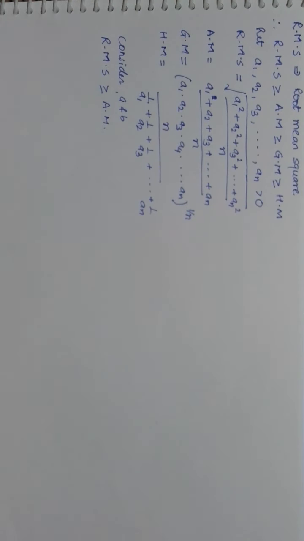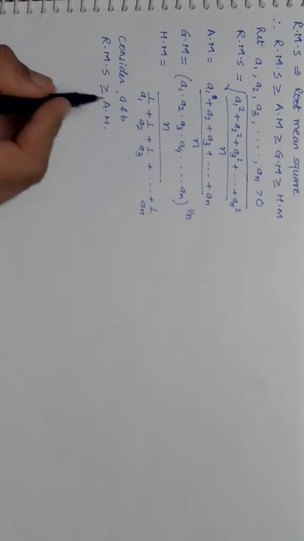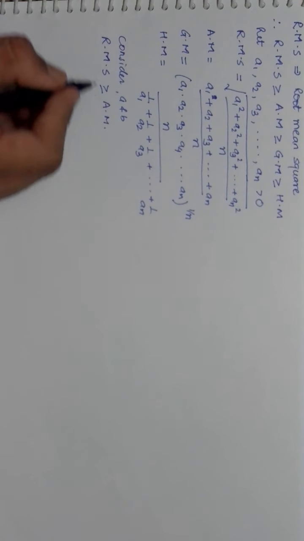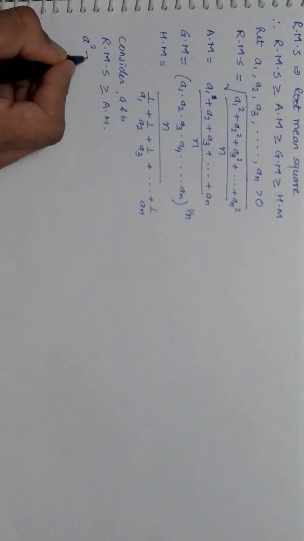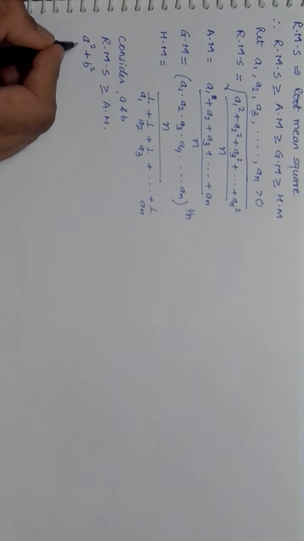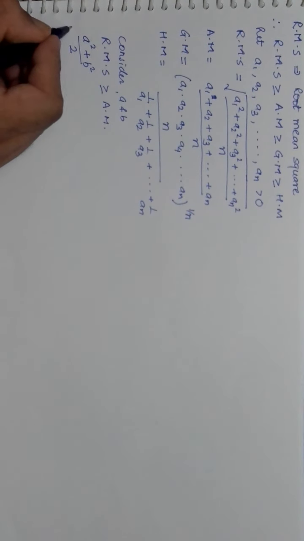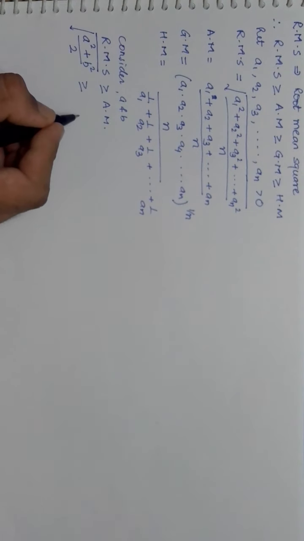Okay, so now let us solve this using only two numbers. So root mean square, I am not going to take all these numbers, only two numbers I am taking, na? So root mean square will be what? According to this, it will become square root of A square plus B square, divided by 2, because two numbers are there, it is to be divided by n, mean it is, na? So it is greater than equal to arithmetic mean.